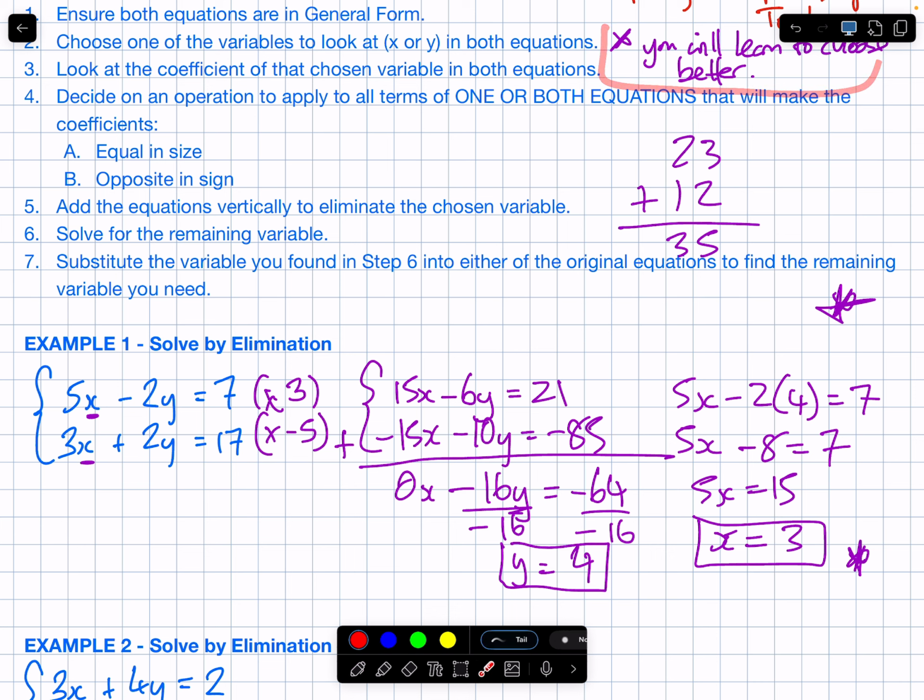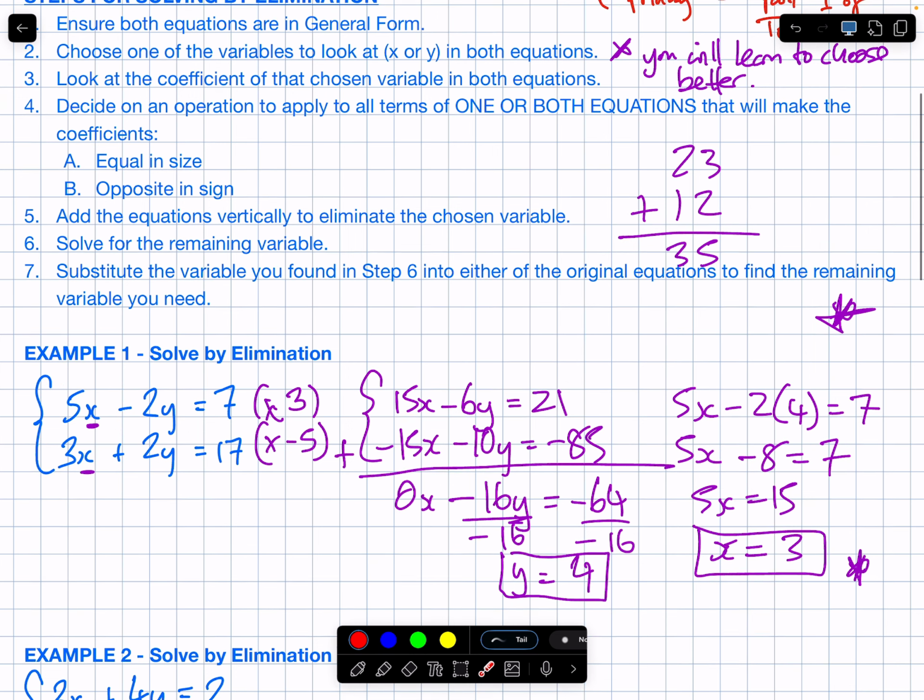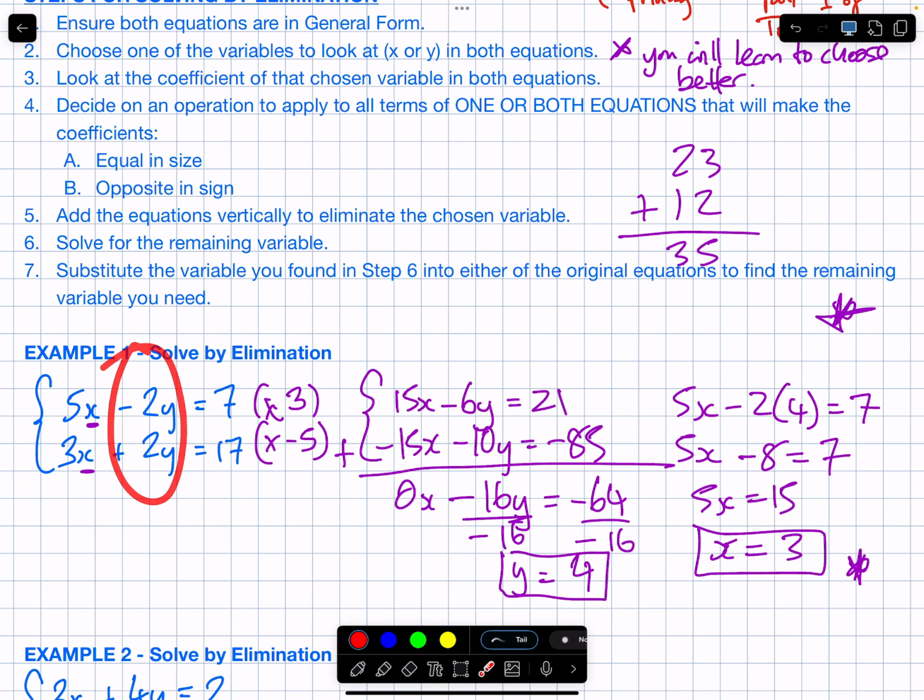Some moments to get that, but then I want to explain this little star that I put here next to step 2. You will learn to choose better as you practice. And actually, because this student chose to look at x, we don't need to do the second example. Okay? Because if some of you right now are looking at y,